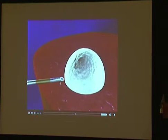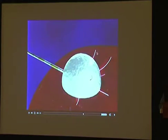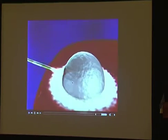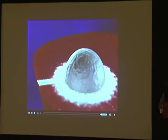Once the needle is in, it's a coaxial needle, you see multiple tines which come out. Each tine acts as a heat probe, it generates heat and you try to raise the temperature. And after the ablation, the idea is to create an ablation zone or necrosis